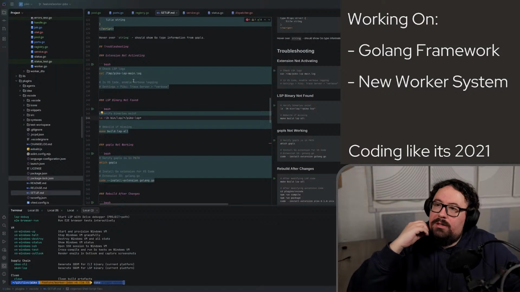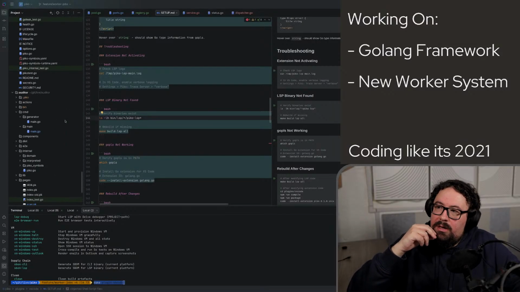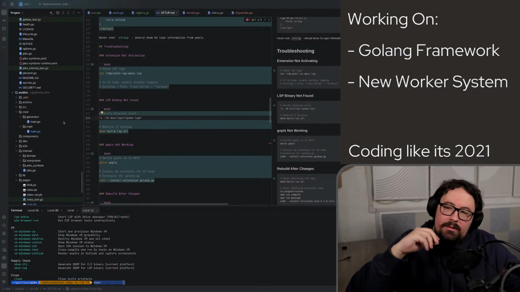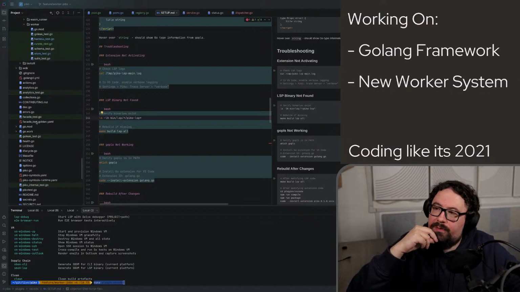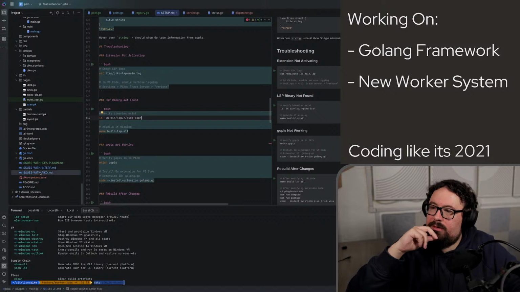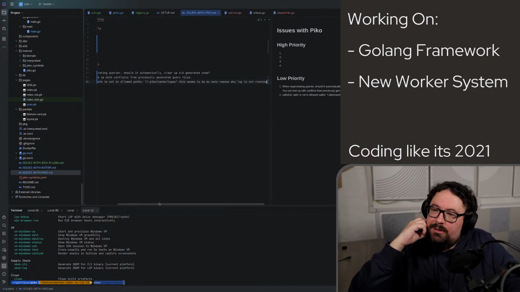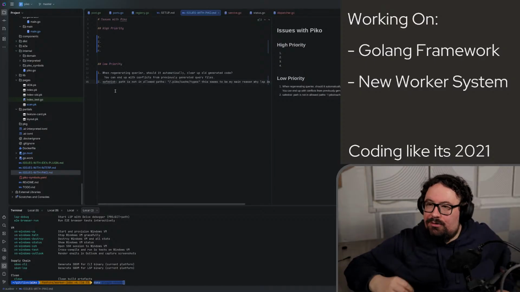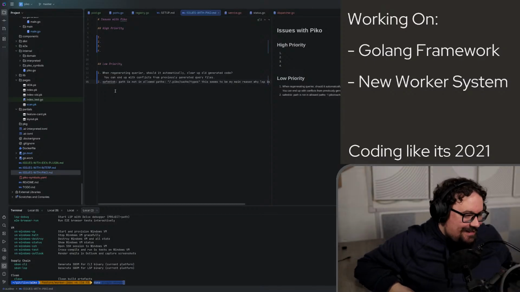I've tried my hardest to make everything as secure as I can. And obviously when you do that, you inevitably shoot yourself in the foot every so often. Where am I? Down here. Issues with Pico. And of course, the control jumping down changes it from a high priority thing to a low priority thing, but